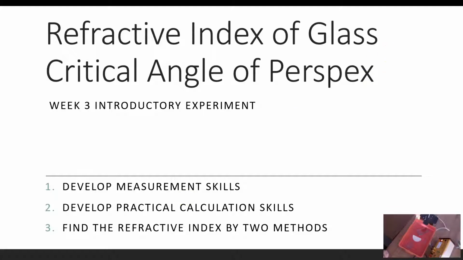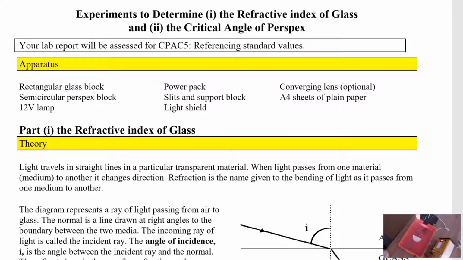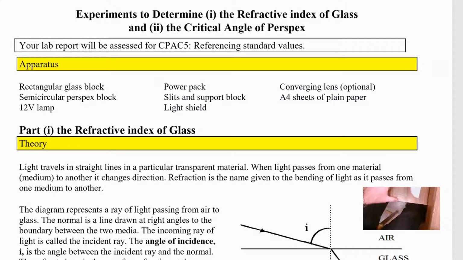So the kit you're going to use today: glass block, semicircular Perspex block. We've got a light box, which is just a light bulb in a box. We've got an orange lab pack and a protractor as well. Whoops, camera works a bit rubbish. And